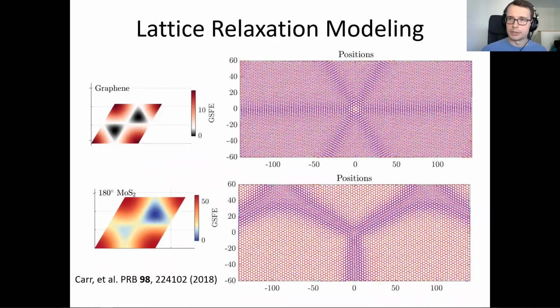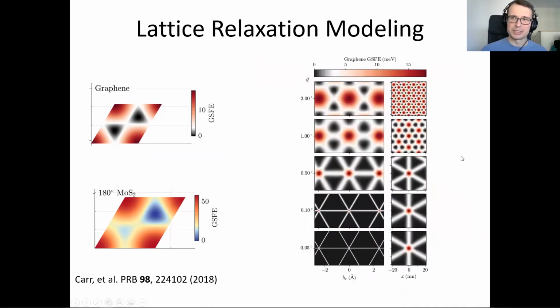Didn't put an axis label, unfortunately, or it got cut off. So this is just one other way of viewing this sort of continuum result. Here I'm plotting now not the atom positions, but the value of the interface energy as a function of space. As I go down this plot, I'm changing the twist angle. So I'm going from about 2 degrees in bilayer graphene to about 0.05 degrees, which is a very, very small